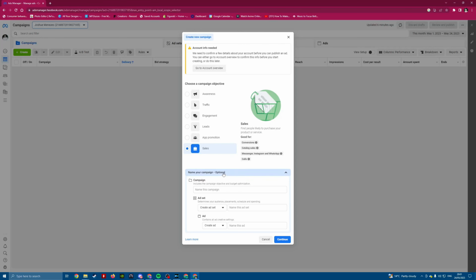You can see name your campaign. It's optional, but always recommended. So we're just going to name this test 1 campaign sales. Okay. So there's no best practice here, I would say, but it's always optimal to name your campaigns in